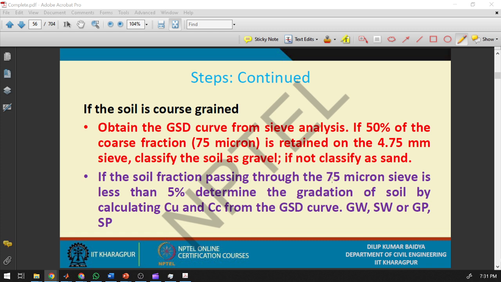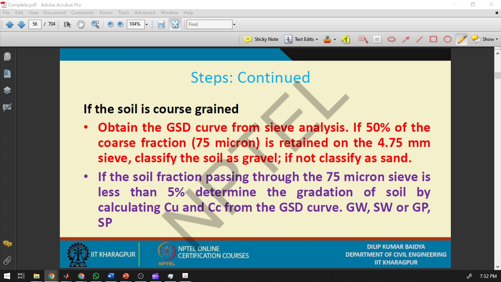If the fraction passing the 75 micron sieve is less than 5%, we can get Cu or Cc from the particle size distribution curve, and we can say it is a well-graded or poorly graded soil. But usually this is not the case. You will have a soil that has more than 12%